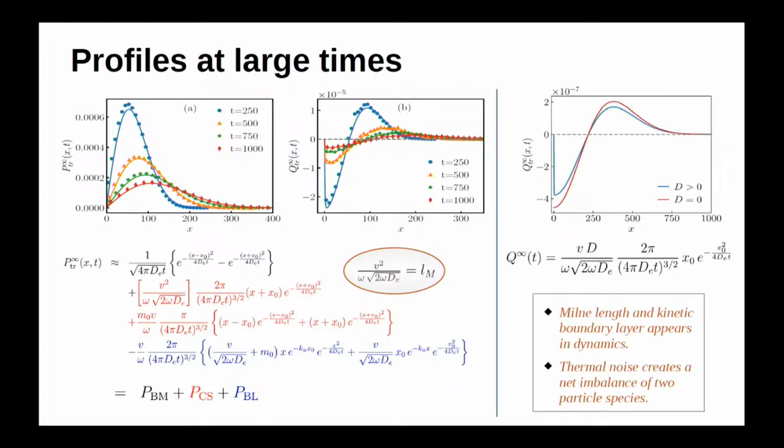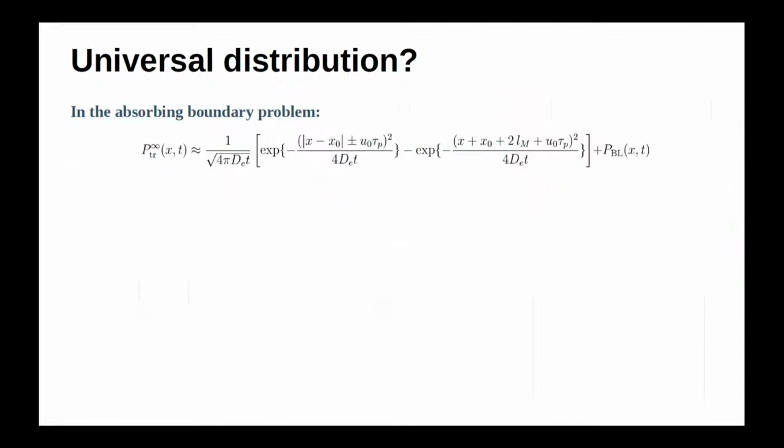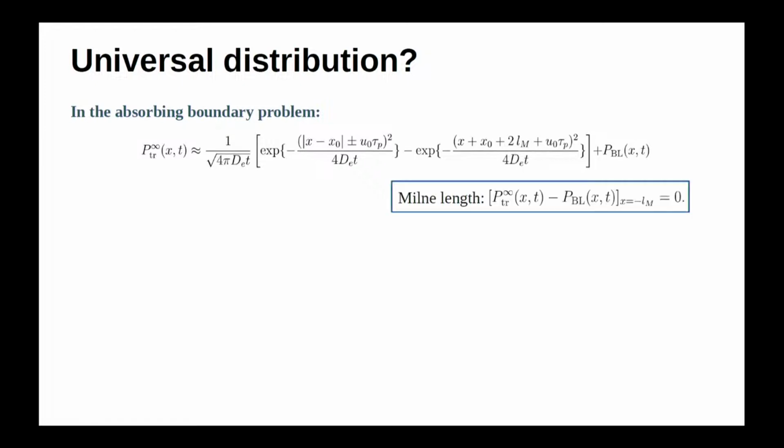and this is just to show that the diffusivity has a non-trivial consequence. When D is 0, no thermal noise, the total balance is retained of the different kinds of particles, but when you switch on a thermal noise, you can combine this part into a more rational form. This is passive like, but there is this important new contribution which gives rise to important effects that we have just seen, and it turns out that if you put x equal to minus Lm, it is 0. So, when you are far from the boundary, you see the effective absorbing condition, and I have to say thank you.